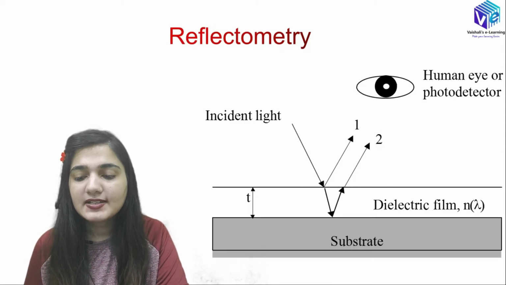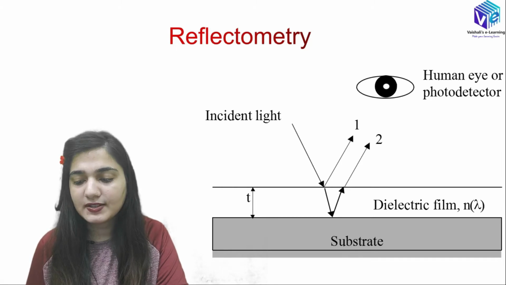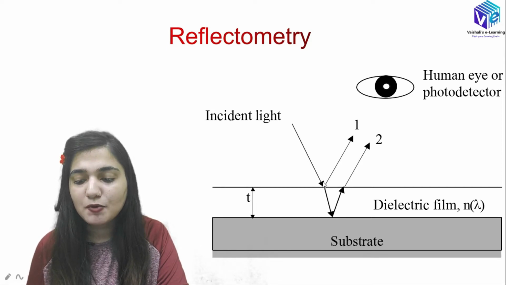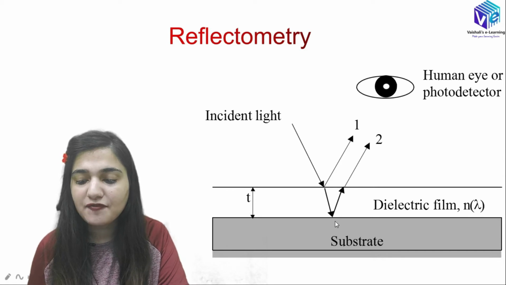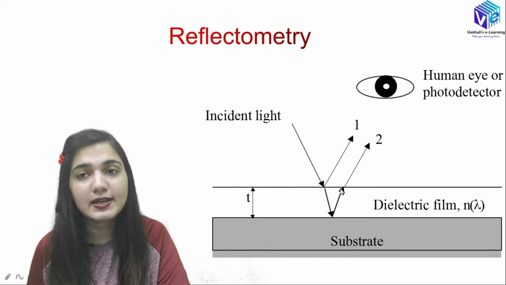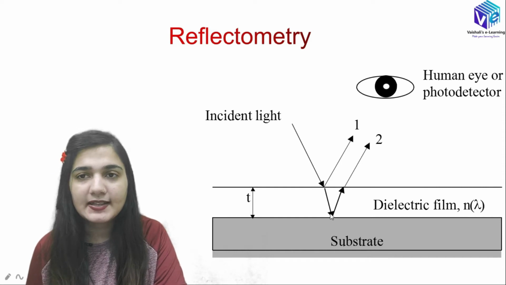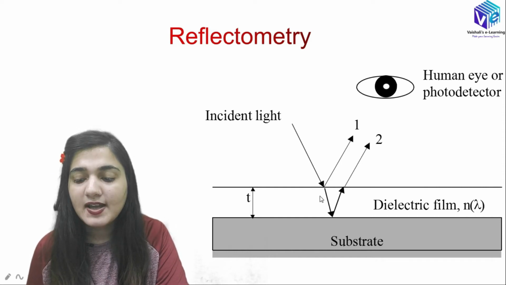We know the incident light, when it falls on this surface, will be reflected. But some of the light will go inside this SiO2 layer with the help of the refraction process, and from the surface it will be reflected. The SiO2 layer is a transparent layer, and this is the reason it is going inside. Like in glass, the light moves in the same manner inside the dielectric film.